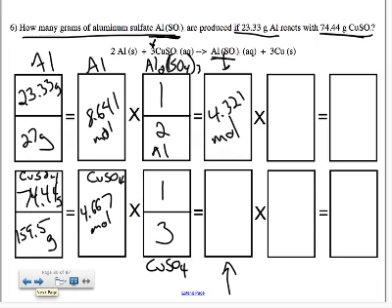Aluminum sulfate still has a 1 coefficient. 4.667 divided by 3, or times 1/3, gives me 1.556 moles. Okay, so I can stop here with the top number because I can see that I've got fewer moles of aluminum sulfate in the bottom. That's going to give me the smaller answer. That's my limiting reactant. So now I need to do the last two boxes down here to find my answer